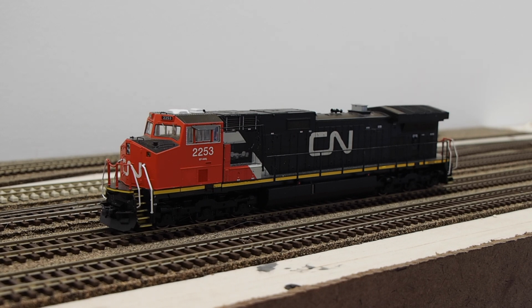So anyway, I just think it sounds good. I just wanted to update you on what I've done with this locomotive. One thing I'm thinking about doing is I have this leftover Intermountain